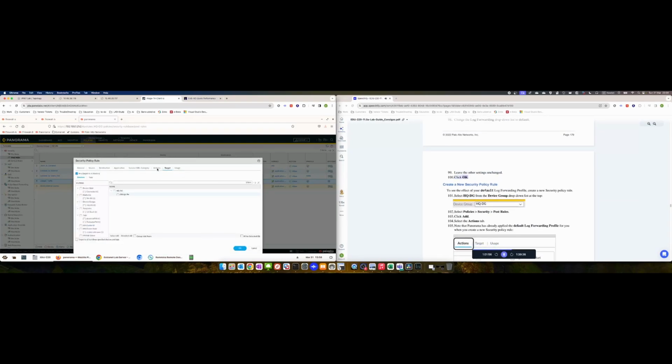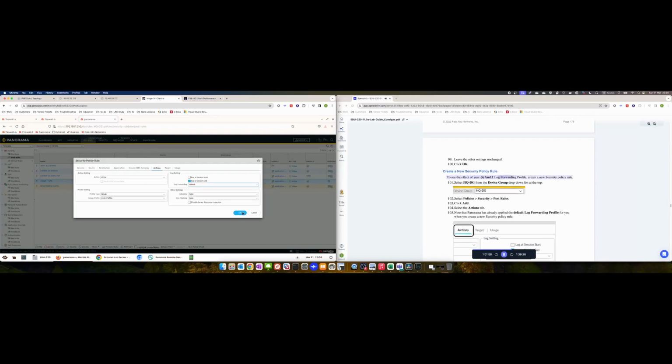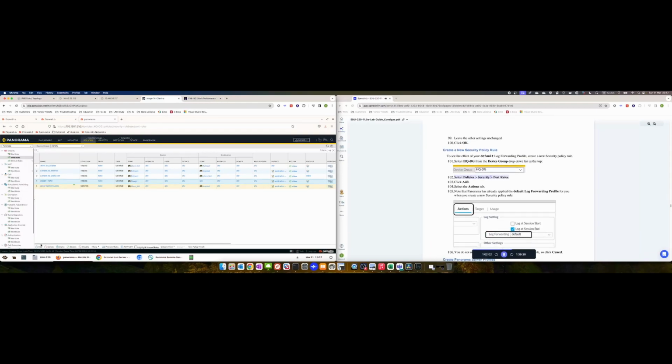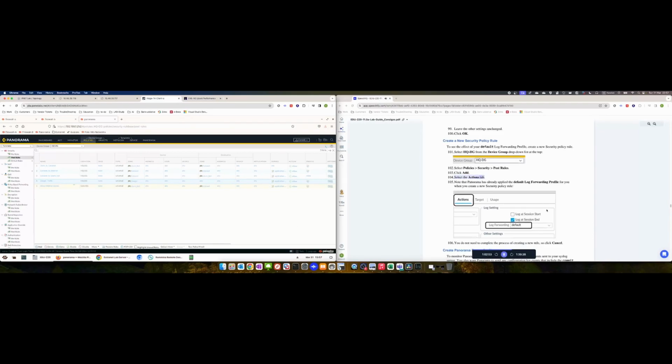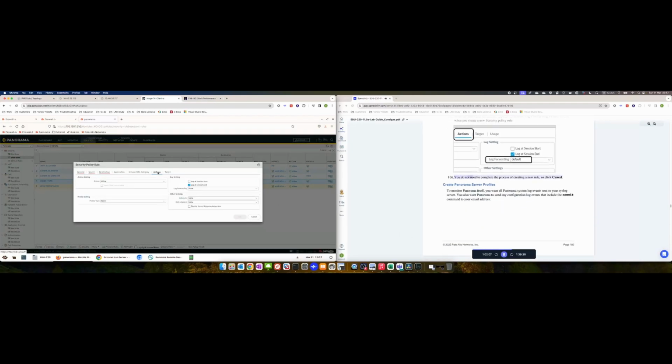Click OK. Create a new security policy rule. To see the effect of your default log forwarding profile, create a new security policy rule. Select HQDG from the Device Group drop-down list at the top. Select Policies greater than Security greater than Post rules. Click Add. Select the Actions tab. Note that Panorama has already applied the default log forwarding profile for you when you create a new security policy rule. You do not need to complete the process of creating a new rule, so click